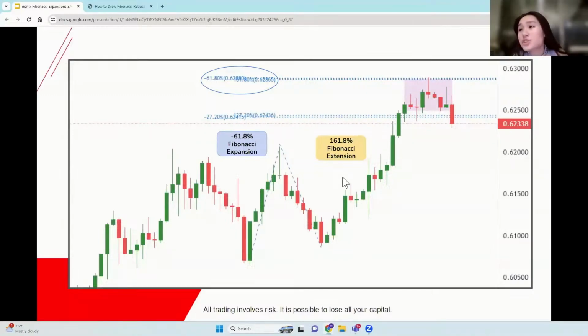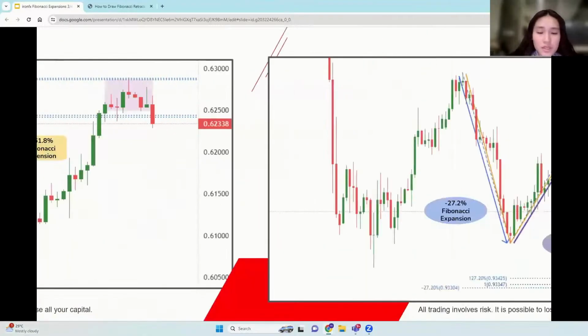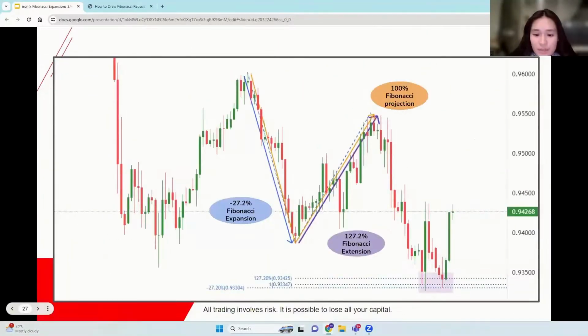Like what I mentioned earlier, we would look for a retracement off of the minus 27.2 first before going in towards our minus 61.8. But once it surpasses, then we're going for a buy towards this level, especially since we have these two levels lining up. In our next example,